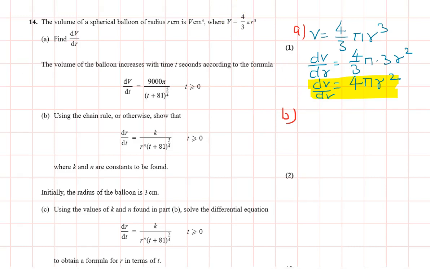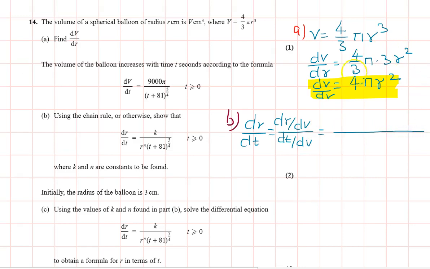So that is dr over dV over dt over dV, is equal to, this is dV over dr, so this is 1 over 4 pi r square, and this is dt over dV,